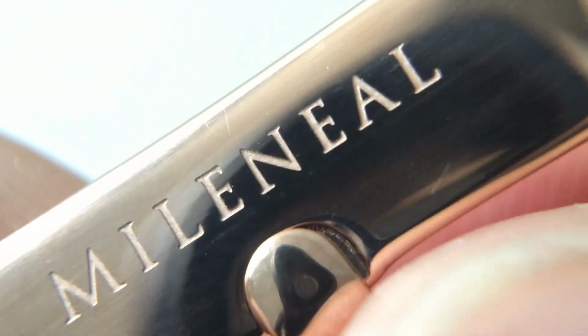So moving on to our strap, our stamp work for our logo, and looking at the top, you can see our nice rugged grain and a darker stitch as well to go with it. Here's our keeper loops, very similar. And moving on to our buckle, Mileneal, accurately engraved. Okay, so